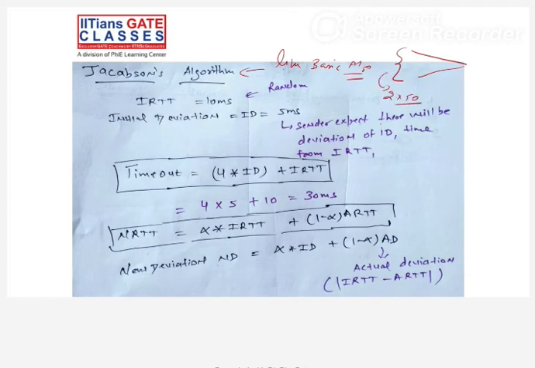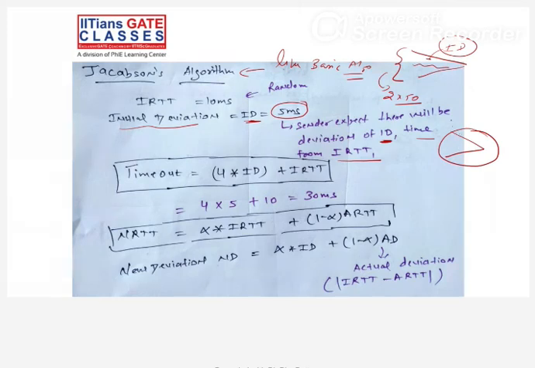So this is the basic formula. Alpha is your smoothing factor, and this value is also given in the question. Let's say alpha is 0.5, some random value like x. This alpha ranges from 0 to 1, right? Now the initial round trip time multiplied with your smoothing factor alpha, plus the actual round trip time multiplied with 1 minus alpha, whatever the value, that will be our next new round trip time, right?